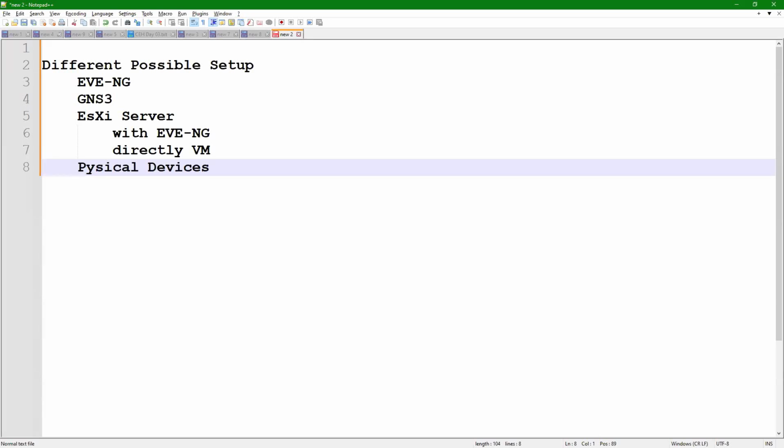Yes, sir. I was able to open the EVNG folder, but it was asking for a default root password, like EVNG login. The login screen is there. That is okay. Inside that, you can put the default ID and password. The default username is root. The password is eve for the command line.